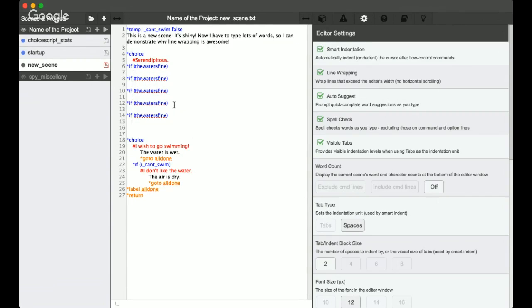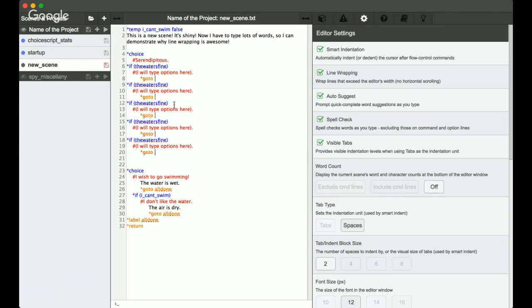Then I can put options here and then go to all done. And then poof. And all I have to do is actually fill in the text. Very useful if you want to create arrays with your underscores and your ones and your twos at the end. And then you can just put in most of the information and automatically